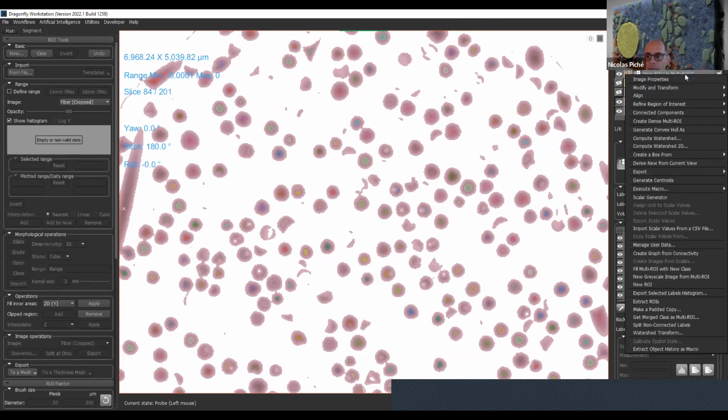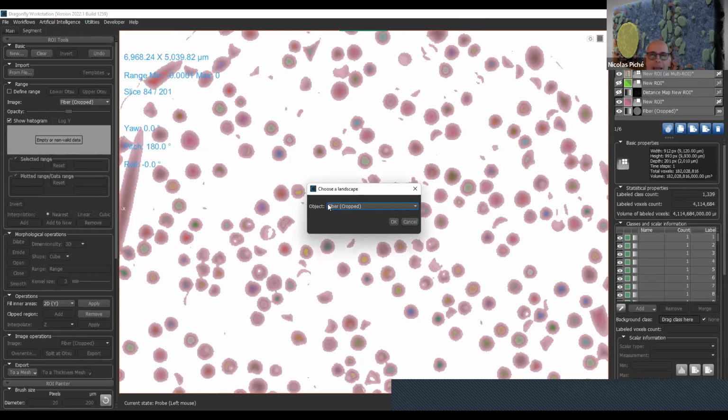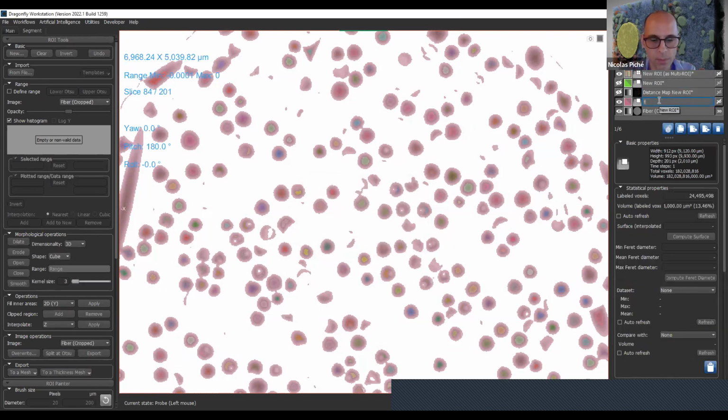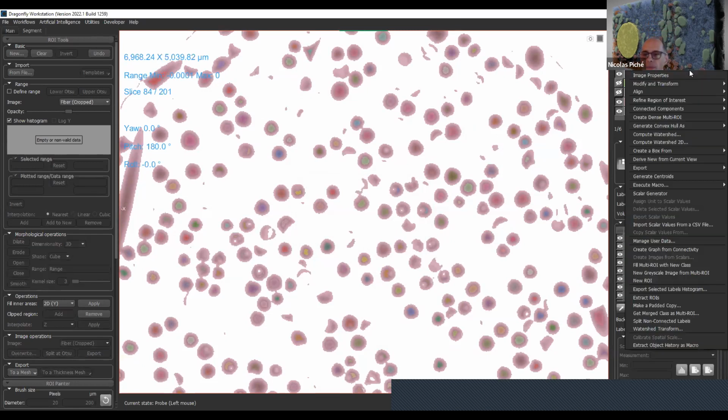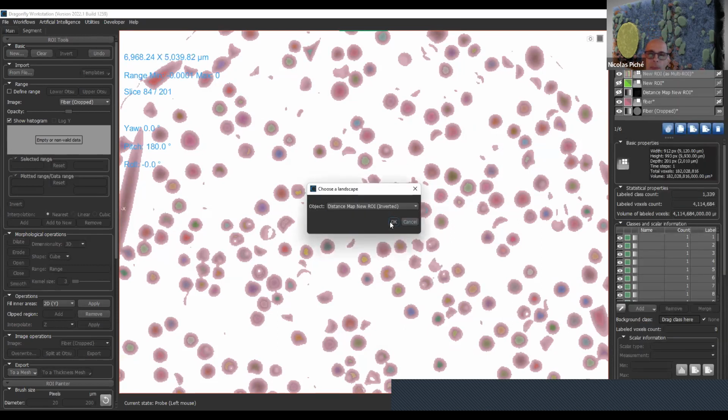So I go to the multi-ROI, I right click, I ask for the watershed transform, and I say my landscape is the inverted distance map and my mask is my new ROI. Okay, I will name them properly. So, fiber. And I will do it again. So watershed transform, inverted distance map. There's a way to do it more automatically, but this is, let's say, the recipe to do